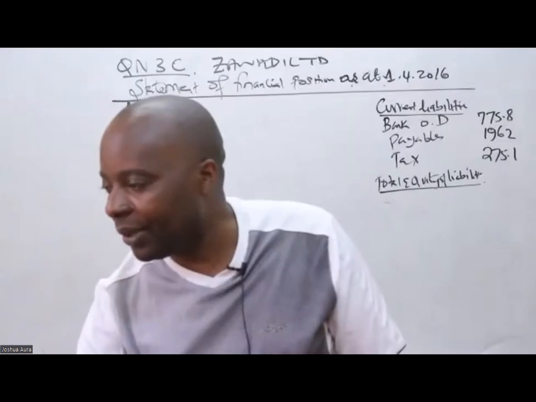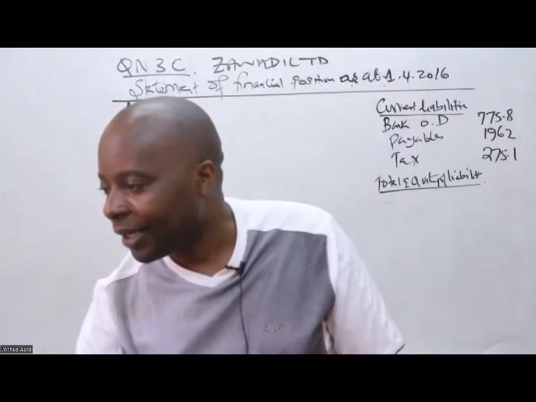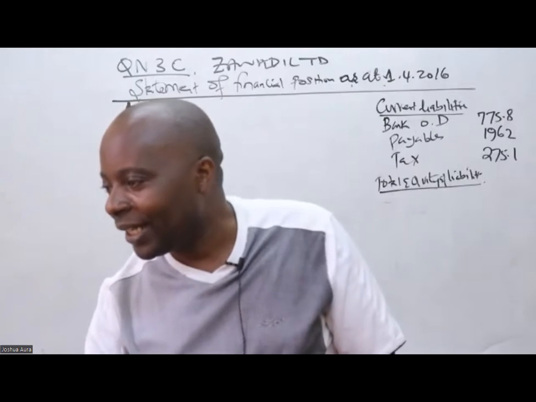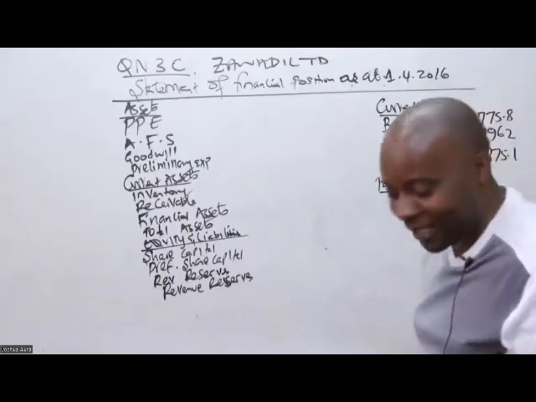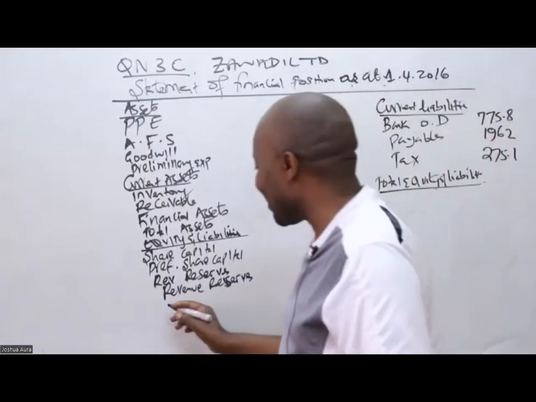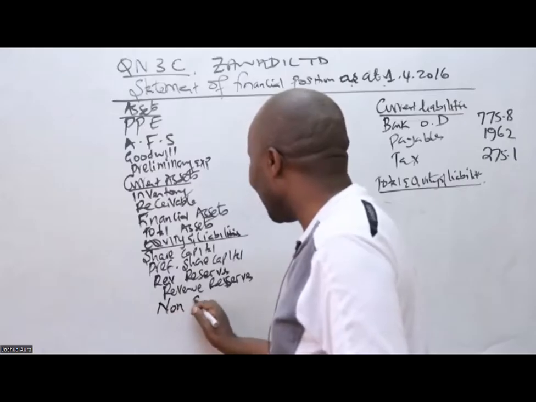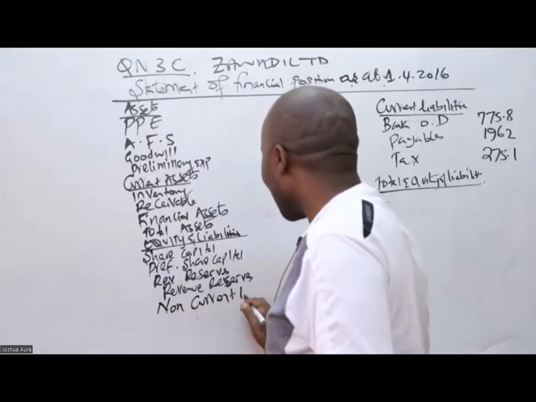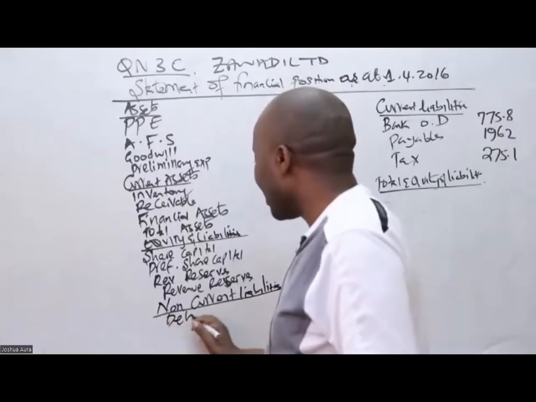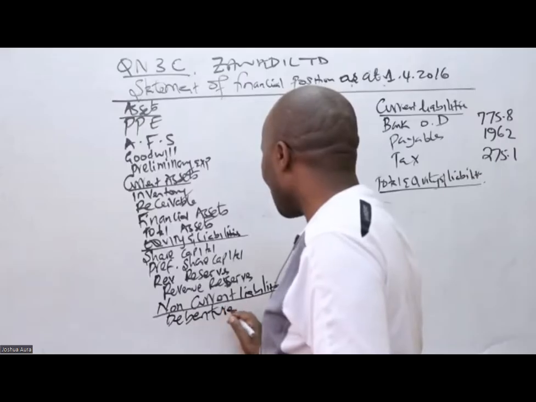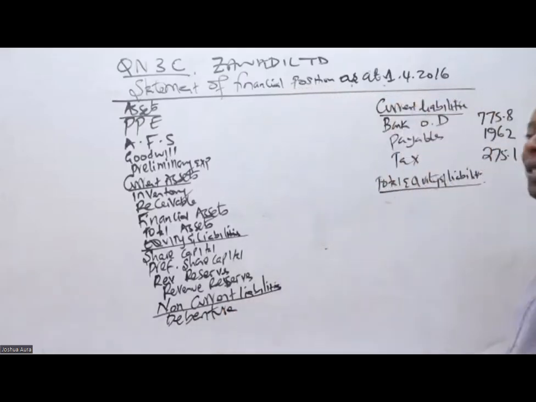I can see so many messages here. Oh, we omitted some things. Yes, we have non-current liabilities. Sorry for that. This is what we call non-current liabilities. Thank you very much. Then we have here the debentures. So please let me know whether you've been able to write up to where I am.